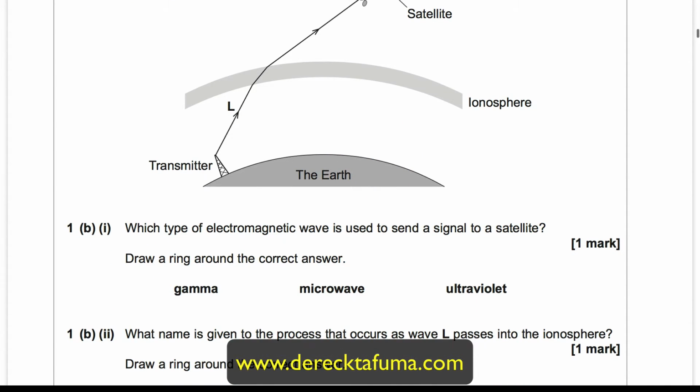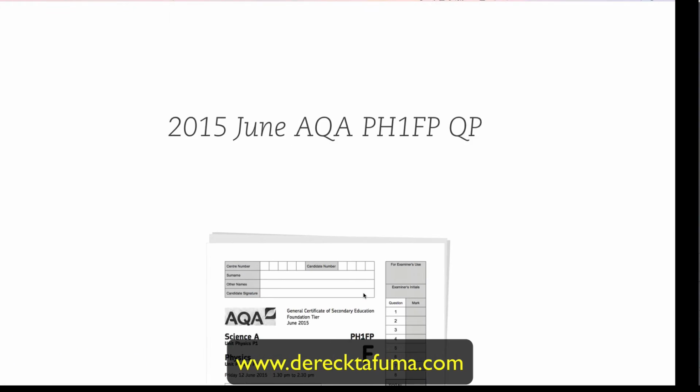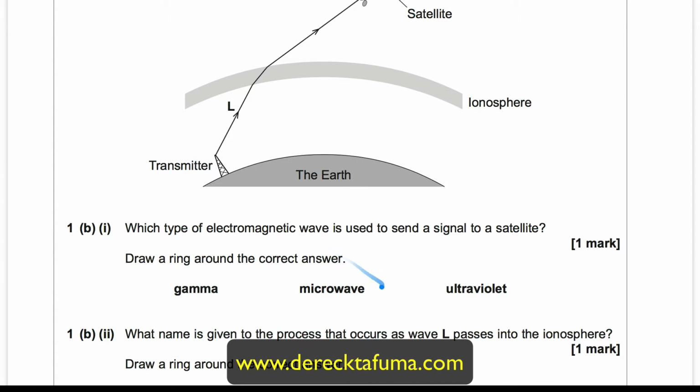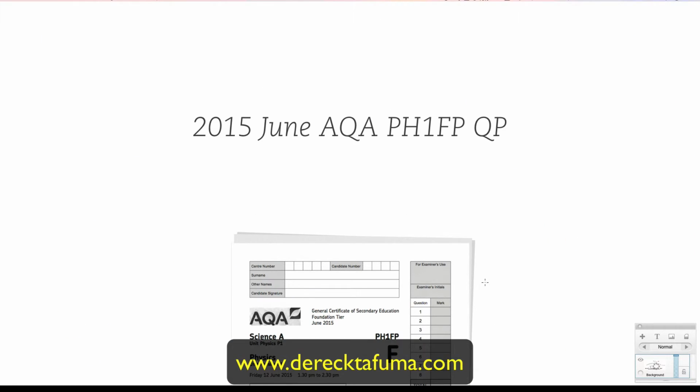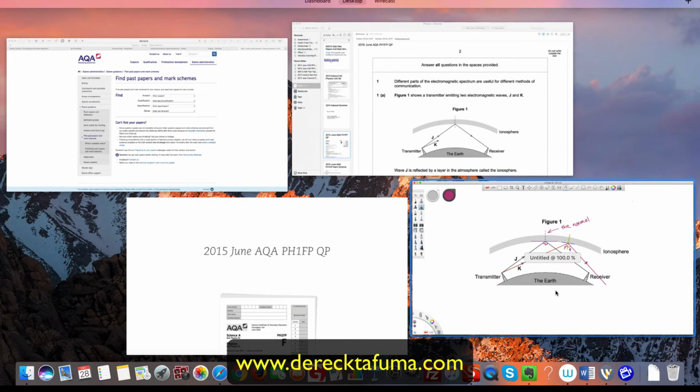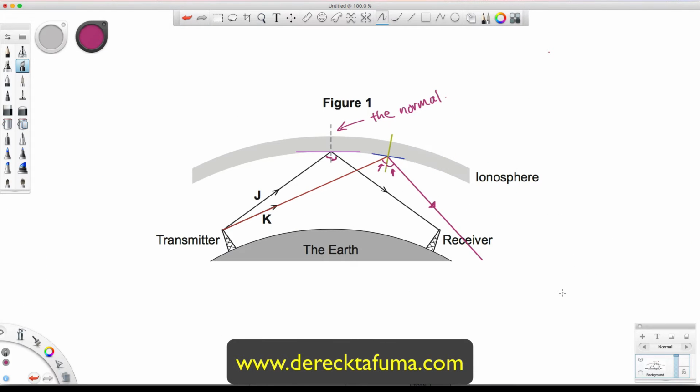Now, which type of electromagnetic wave is used to send a signal to a satellite? Draw a ring around the correct answer. Satellites use microwave radiation,